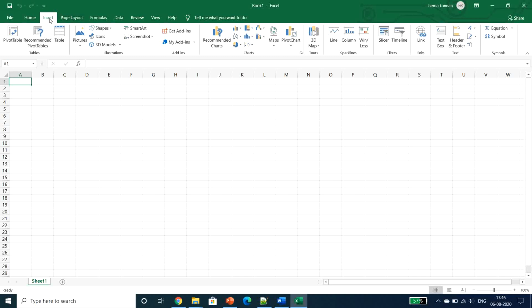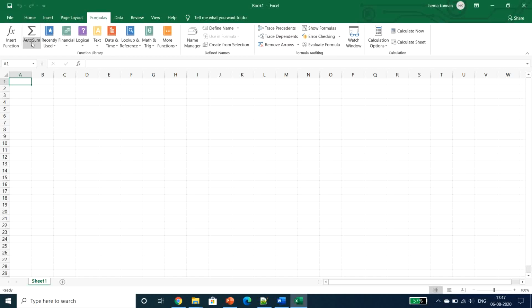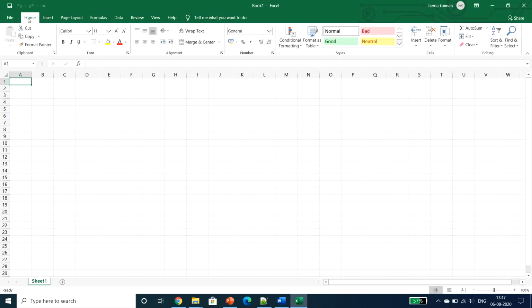For example, for the Insert menu we have these many options that we can see one by one, and Page Layout, Formulas, and each and every menu has its own options. But by default it will have the Home tab where we will be accessing most of our details.